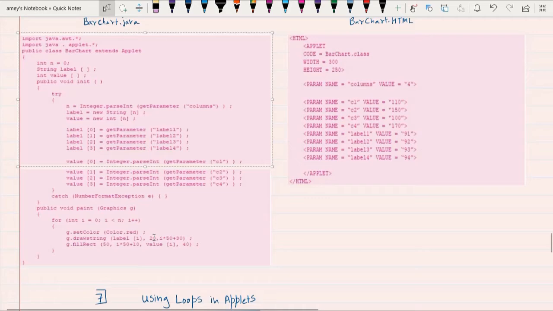And after printing the label, now I want the rectangle to be drawn. So I will say g dot fill rectangle at horizontal position 50, comma, vertical position will be I into 50 plus 10. Okay, so I is 0, so 10. So at 50, 10 starting location, the rectangle will be printed. The length of the rectangle is nothing but the value. Okay, 110 is the value, so the length of the rectangle will be the value. Okay, and 40 is the